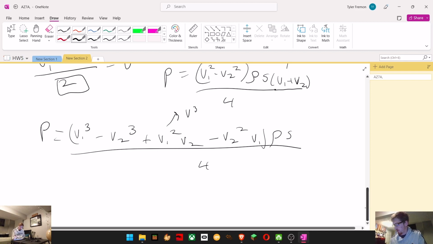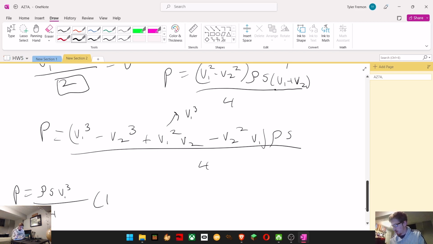And then we'll also move the rho S over 4 out in front. So we're going to have P equals rho S V1 cubed over 4 times 1 plus V2 over V1